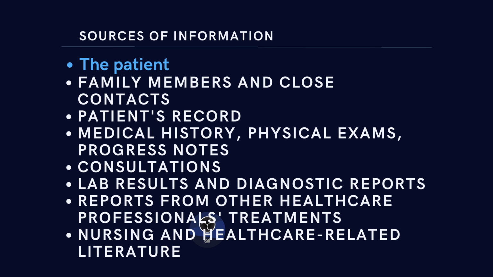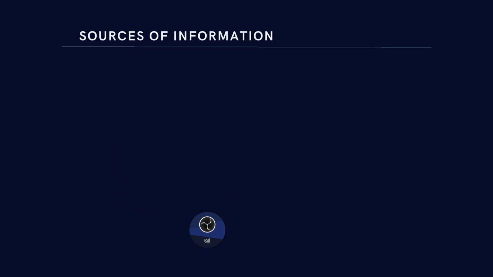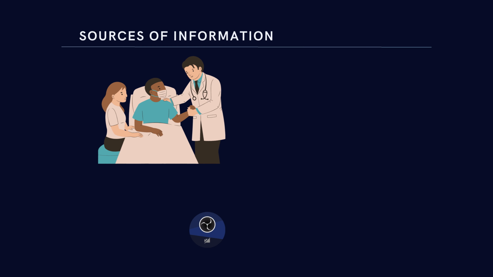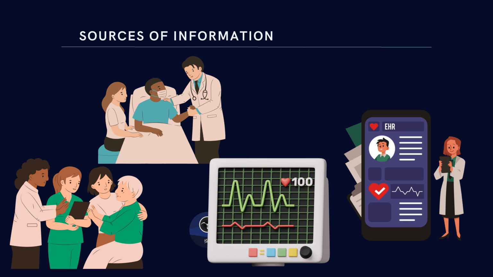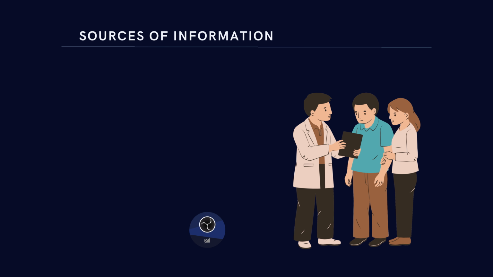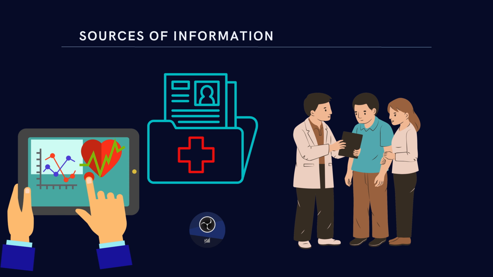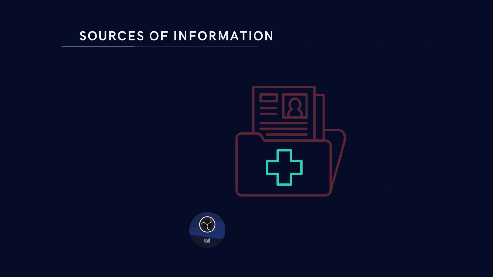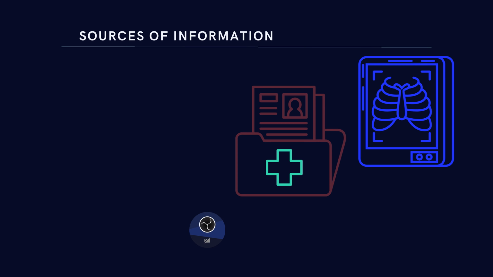When it comes to the nursing assessment, you always resort to the patient first. That's your number one go-to source. Everyone else is your secondary source. The primary source of information is always going to be the patient. But let's say the patient is in pain, confused, or too overwhelmed to communicate. This is when you're going to resort to secondary sources like family and loved ones. Of course, if the patient is awake, alert, oriented times 3, you're going to get the patient's permission to go to family. Now, remember, you can gather information from different resources like the medical records, past diagnoses, progress notes,